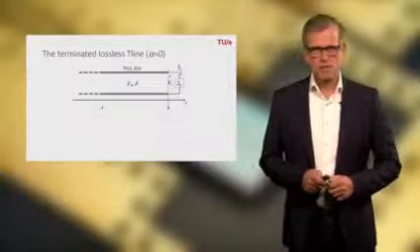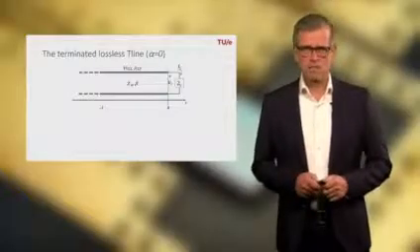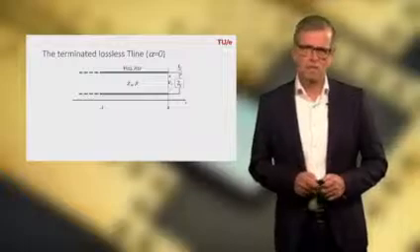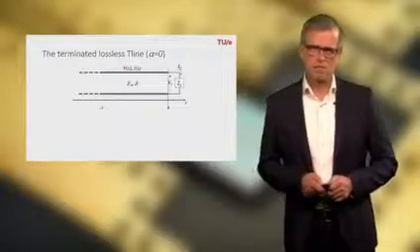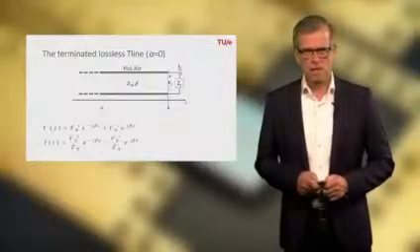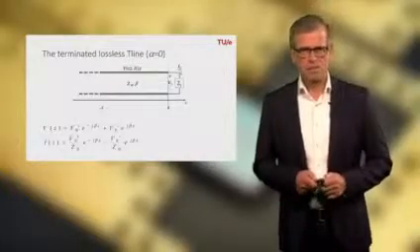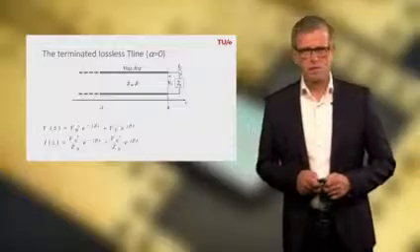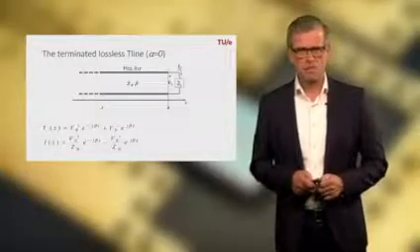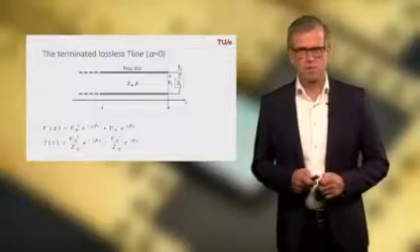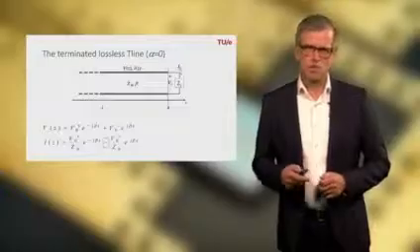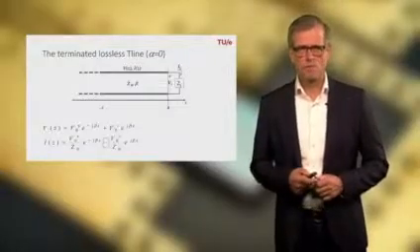Now let us look at the first application of a transmission line by terminating the line at the end with a termination, in this case an impedance ZL. The voltage and the current along the line are represented in this set of equations, where we used the characteristic impedance in order to represent also the current in terms of the voltage amplitudes. Note the minus sign, which is associated with the direction of the current of the wave